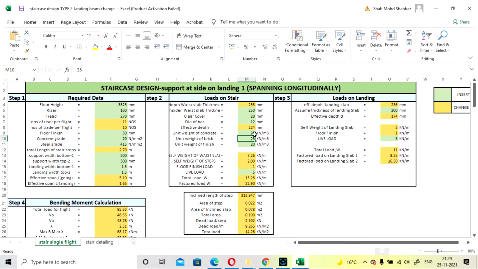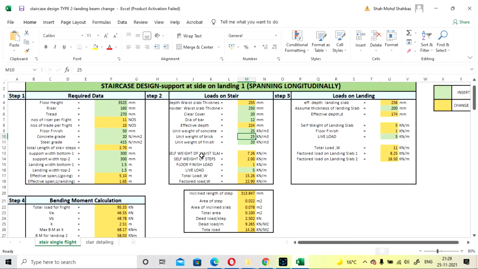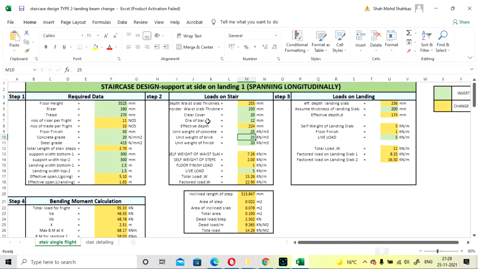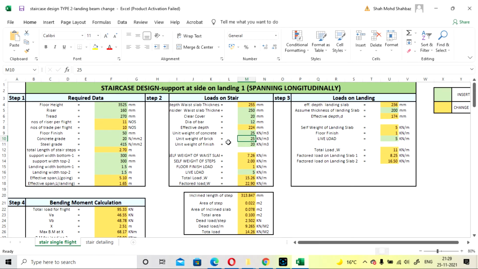So for the base slab this will be considered, and for the step I am going to consider 25 here because I am taking it as RCC. Here it is the unit weight of brick, because normally brick work is provided for steps, so you can change the value to 20, but for my data I am going to take this.